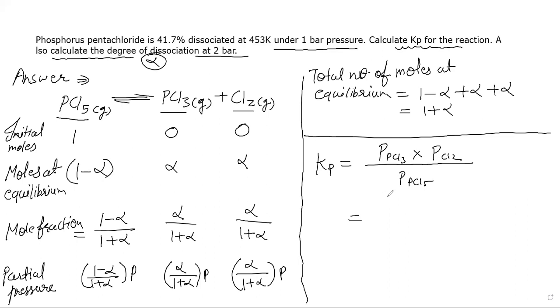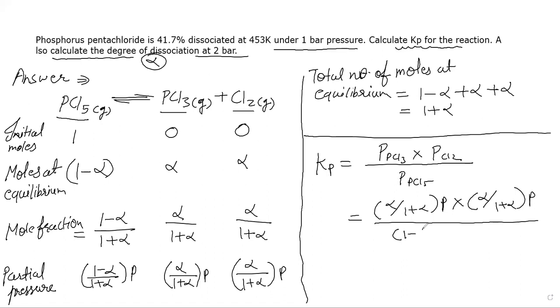Partial pressure of PCl3 is alpha divided by 1 plus alpha into P. Partial pressure of chlorine is again alpha divided by 1 plus alpha into P, divided by partial pressure of PCl5, which is 1 minus alpha divided by 1 plus alpha into P. So this P gets cancelled here and we'll get the equation